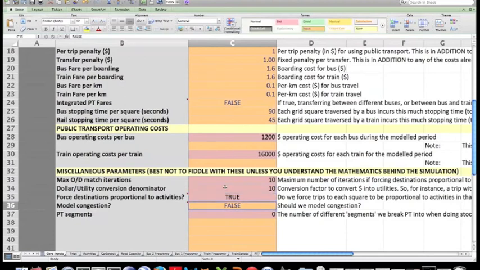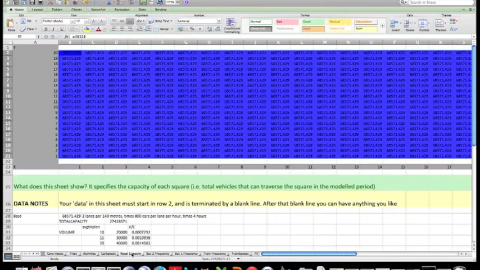Model congestion, this is actually quite a big one. So if you set it to false, then RTran won't bother modeling congestion. So effectively it assumes that the capacity on the road network is infinite. There's no slowdown due to congestion. If you set model congestion to true, then RTran will take into account the numbers you've specified in the road